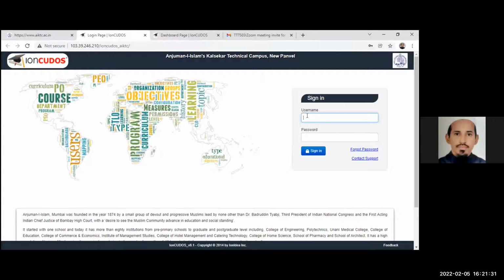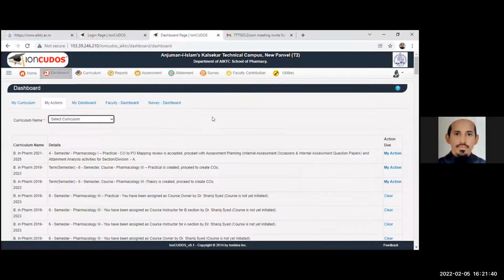display. You have to use your username and password. For example, I'm using my username and password. If I click it, it will come like this. This page will be there. So pharmacy faculty, as it's hands-on training, you can log in and see how the software is working. Yes, sir. Okay, I can wait for 2 minutes.